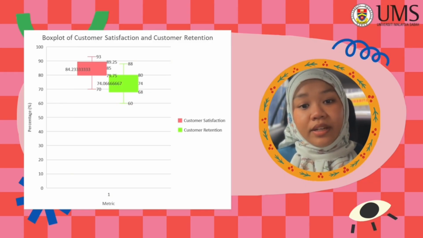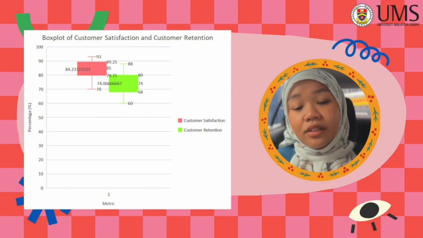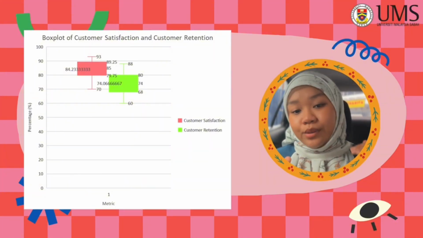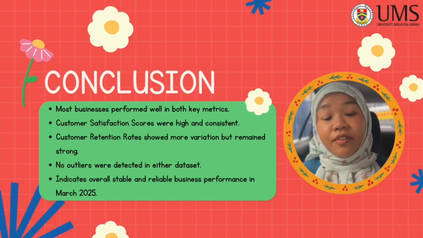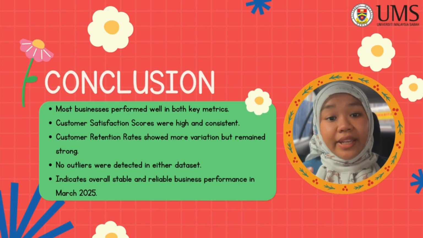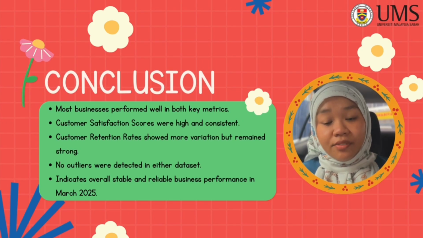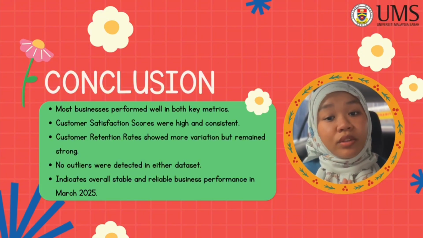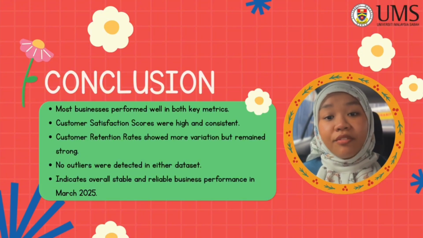All values fell within the expected range, indicating a consistent performance across the businesses without any extreme low or high results. To conclude, the percentile values provide a clear picture of how businesses rank in terms of customer satisfaction and retention, while the box plots confirm that the performance is not only strong but also stable, with minimal variability and